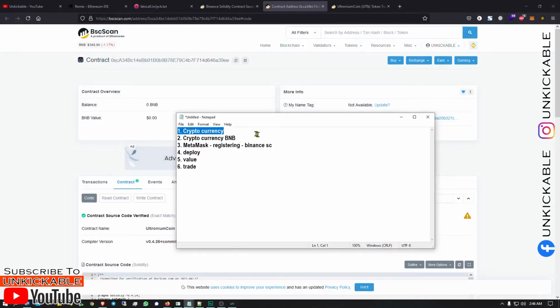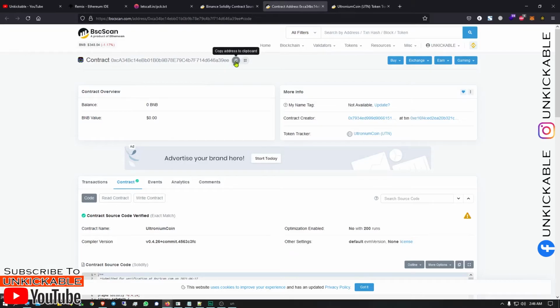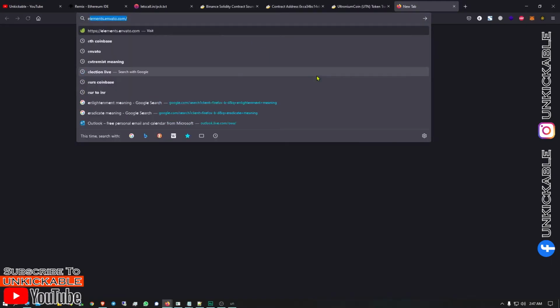So till now we have completed how we can get cryptocurrency. Next we have completed cryptocurrency to BNB, and next we have completed MetaMask, and next we have already deployed, and finally we need to go ahead with the value and then trade. So copy this contract ID and go ahead with